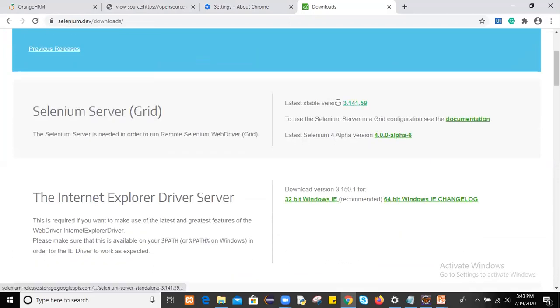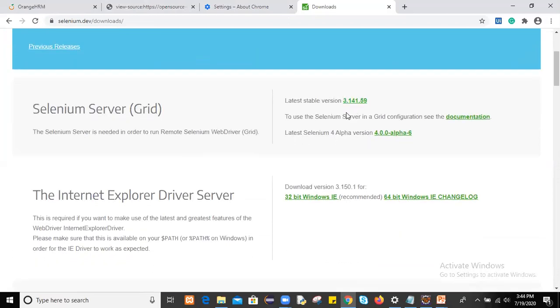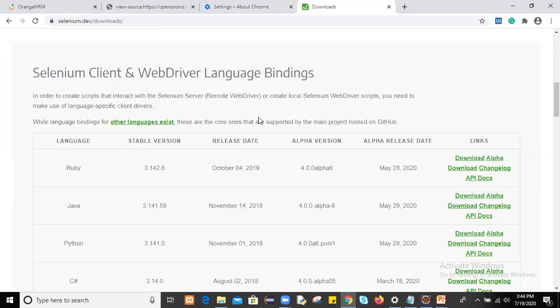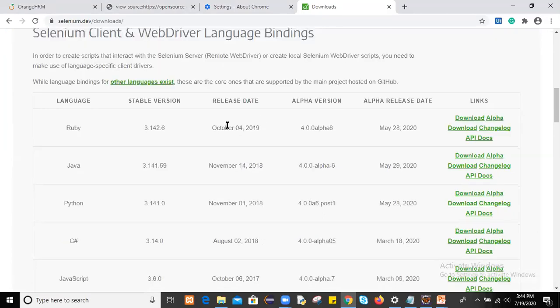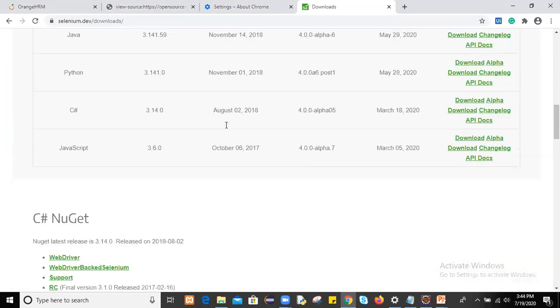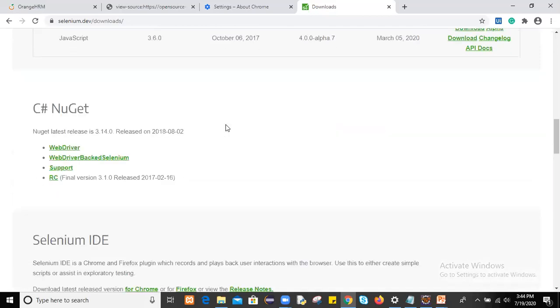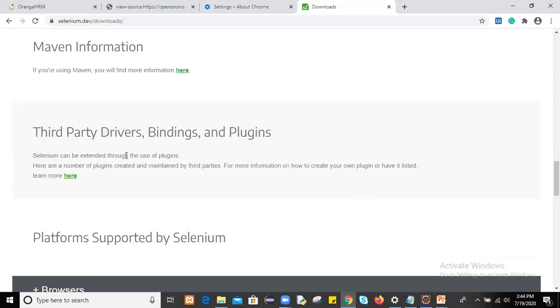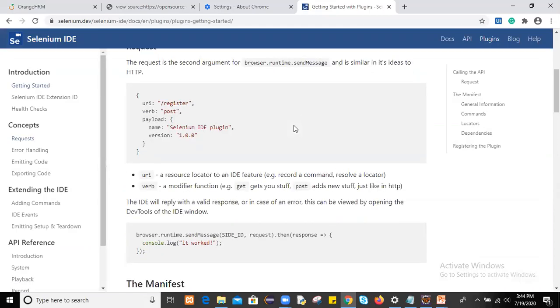The latest stable Selenium jar was 3.14 on the download version. These are the downloaded versions. Okay, for different third-party drivers, bindings and plugins, here you have to search for third-party drivers, bindings and plugins.